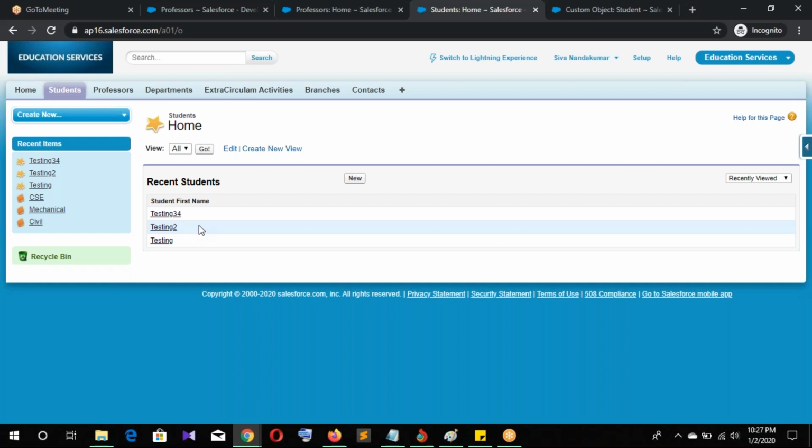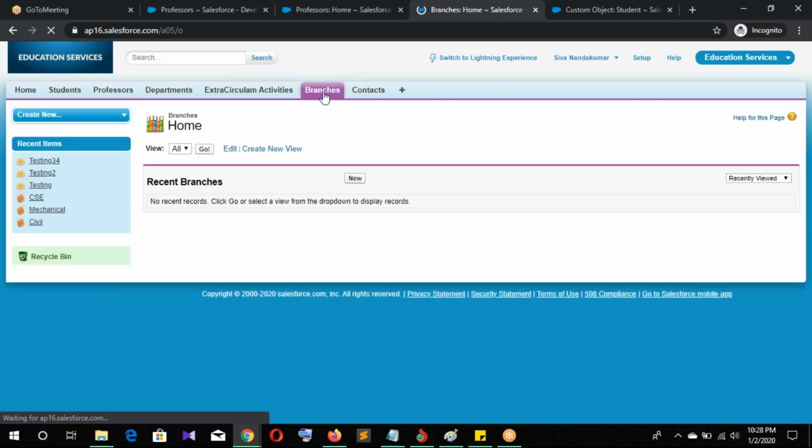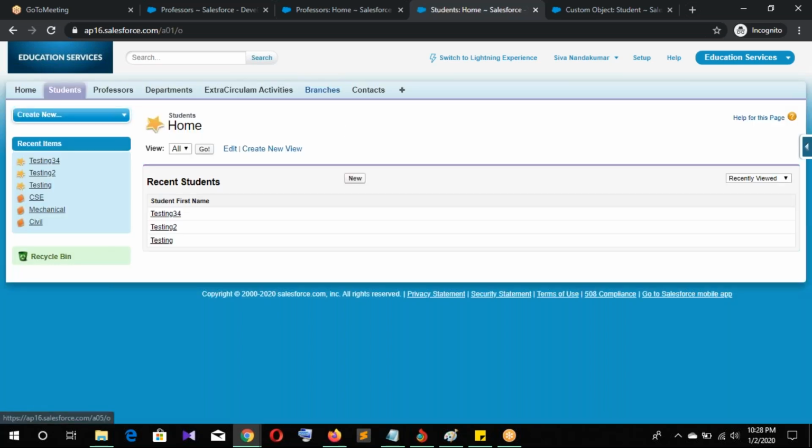Before developing any project, first of all they identify which object is the master detail or the lookup, or the many to many junction object. I can explain the junction object. Before developing, we can create it. Clear?